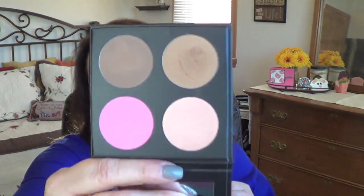Very, very pretty. We'll have to see how that goes. The contour one was a little bit tricky to swatch, the contour shade. And you can see the bronzer kicked up just a little bit. But I'll report back if you guys are curious. I've just been hearing the name, so I've not heard much about how the products perform